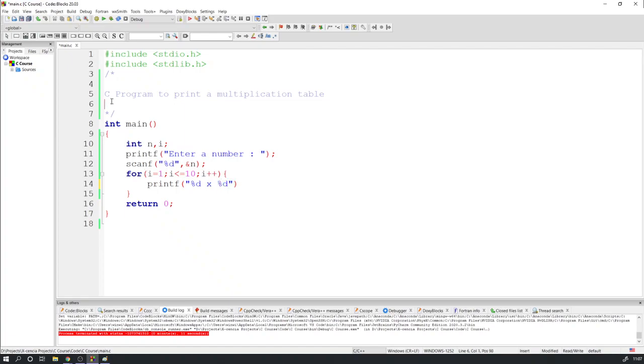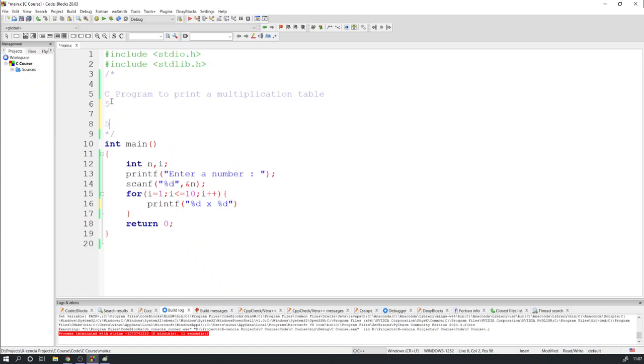For example, if 5 is input, then I have to display like this, right? 5 into 1 is equals to 5. So here first I'll display that 5, then I'll display the into mark, then I'll display this 1, then I'm going to display equals to, and then I'm going to display the multiplication, and then I'm going to add \n, so that it will go to the next line every time it prints. So first it is n, then it is i, and then it will be n into i, that is the multiplication. So now if I run this program,